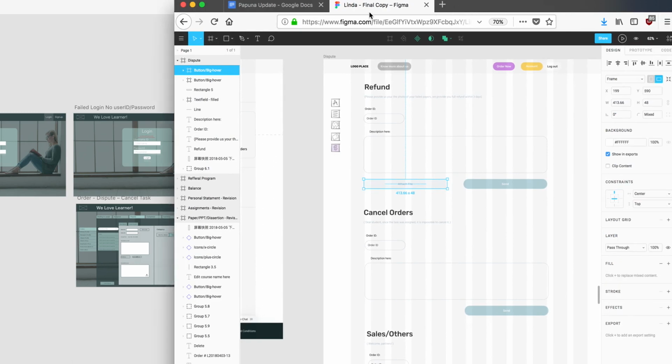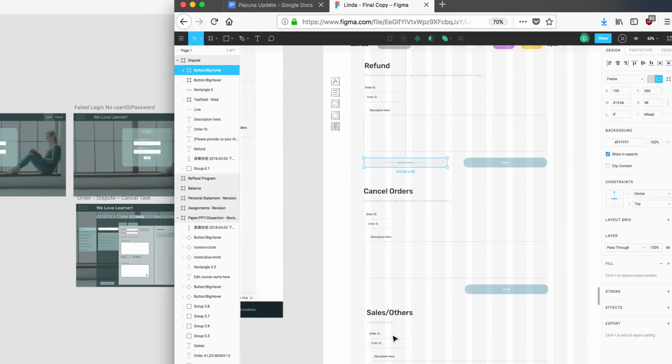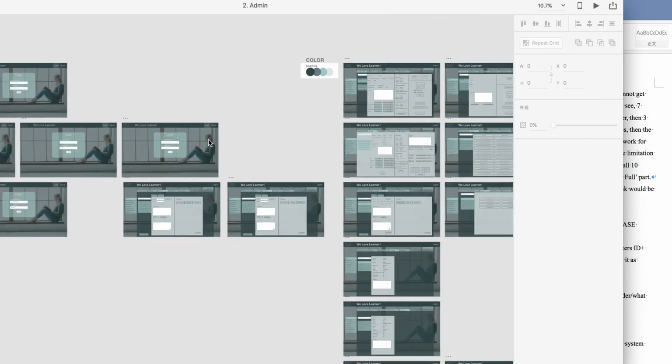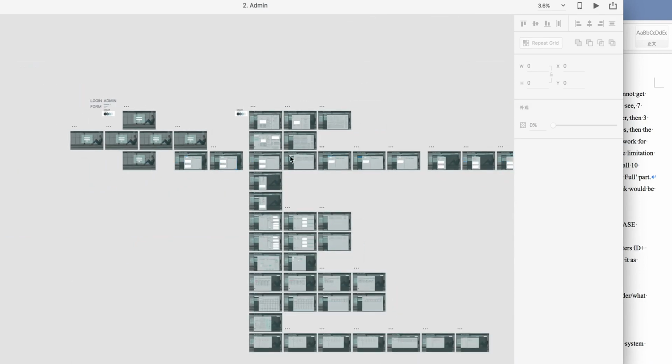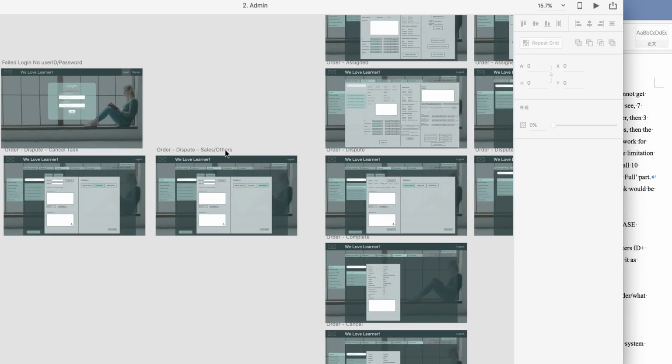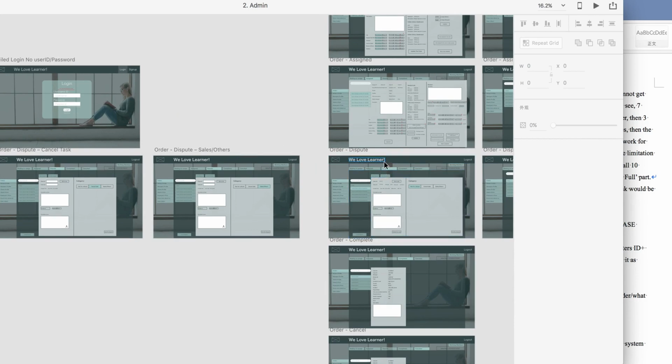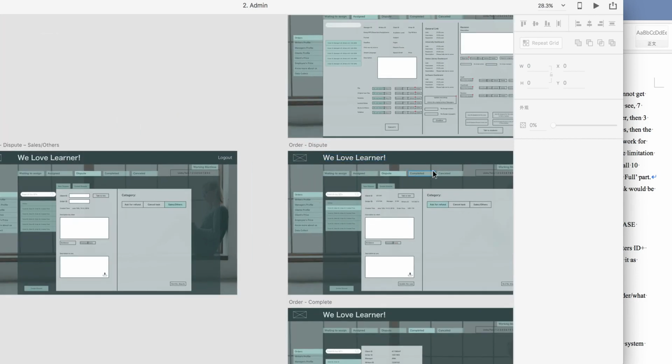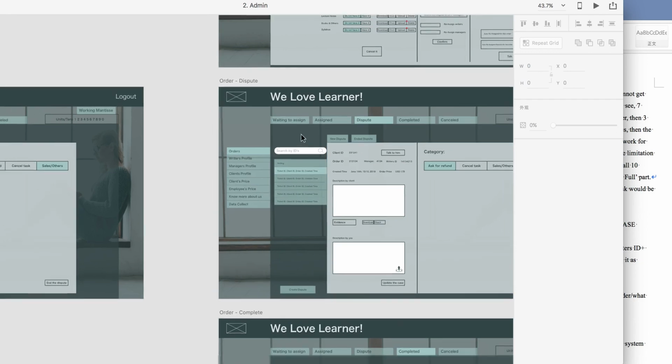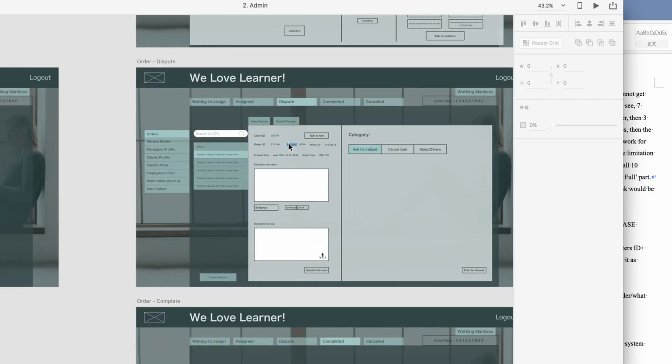As you noticed here, at the students panel, it has refund, cancel orders, sales, or others. We have these three kinds of dispute. Okay? So I made it much simpler. How do I do that? Let me tell you. Once a student creates the dispute, for example, asks for a refund, I deleted many things. As you see,